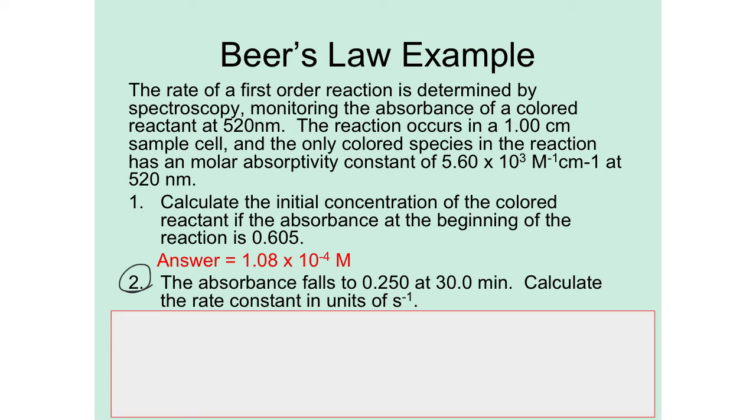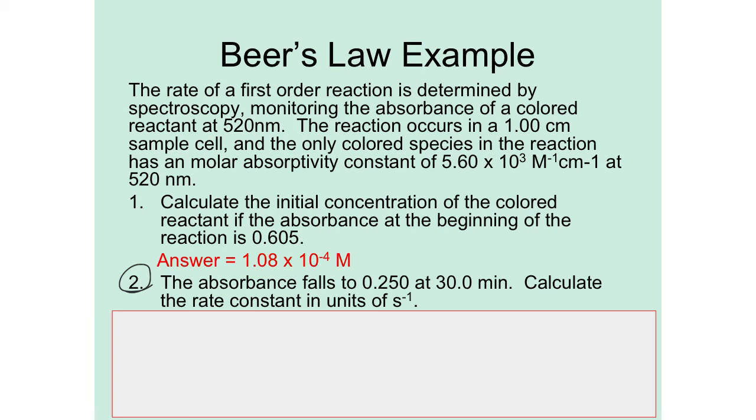All right, so this one is a little tricky. So we have to think about the information that we have. We know it's a first order reaction. So we could plug this into our natural log equation from the reference table. We do have our initial concentration from the previous problem, and we can figure out, using Beer's law, our concentration at 30 minutes. And then once we have the two concentrations, then we can plug it into the natural log equation. So first thing we have to do is plug it into Beer's law